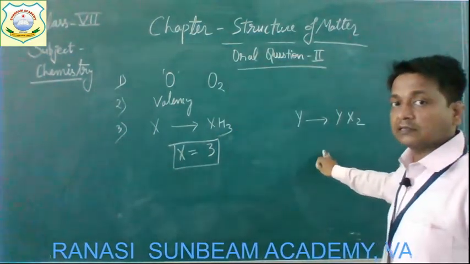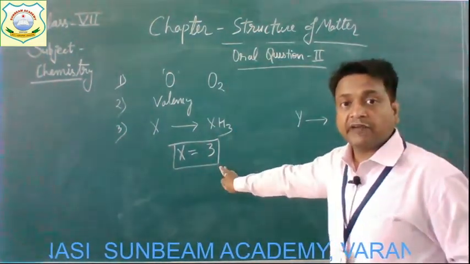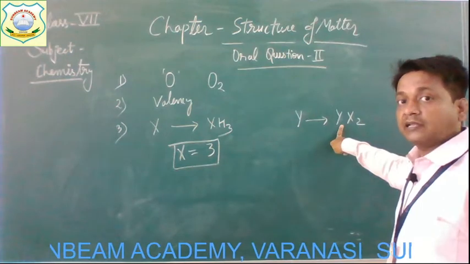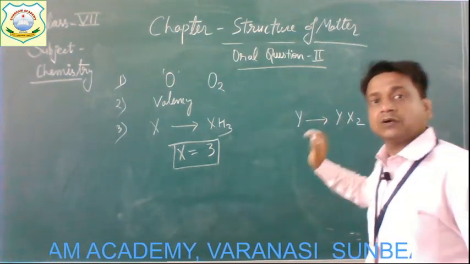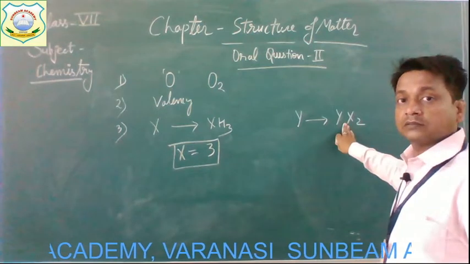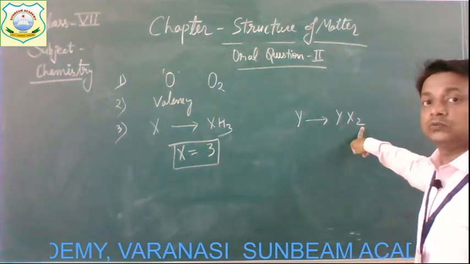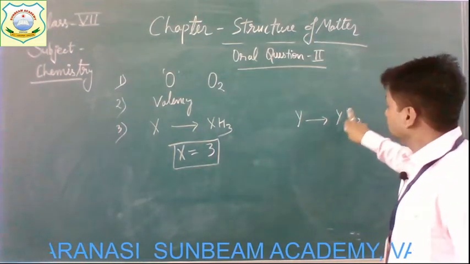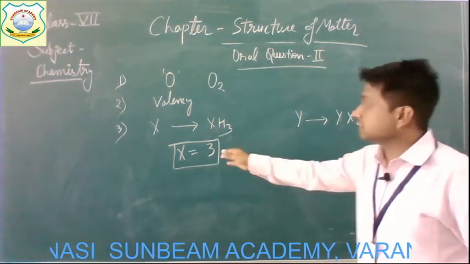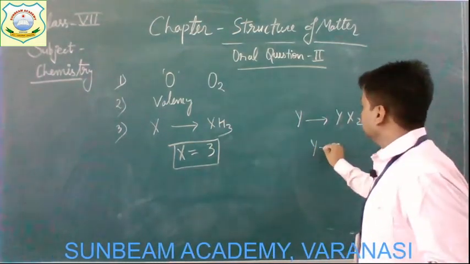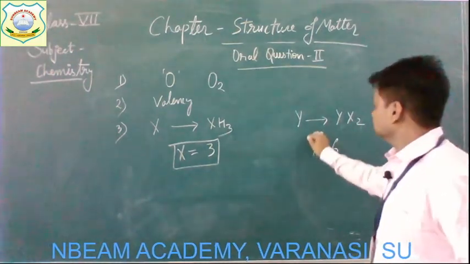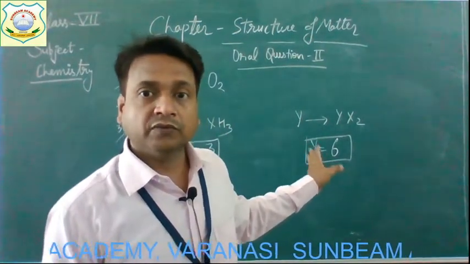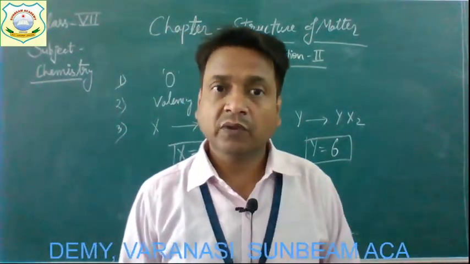And the valency of Y, as we know that the valency of X is 3, but here it is written 1. It means that here it gets simplified by taking a common factor, that is why it is written 1, and the valency of Y is written 2. It means this is double the valency of X, and the valency of X is 3, so the valency of Y will be 6. Okay children, I hope that you understood how to find out the valency of X and Y.